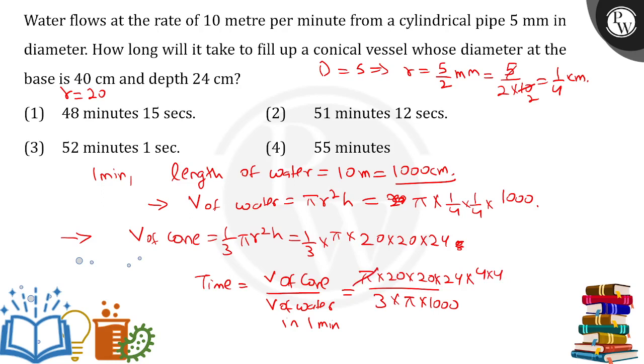So doing the calculation, pi cancels out pi, and the rest of the calculation you can do. The final calculation comes out to be 256 divided by 5. And when you do the further division, you'll get 51.2 minutes, and this will be our correct answer, option number